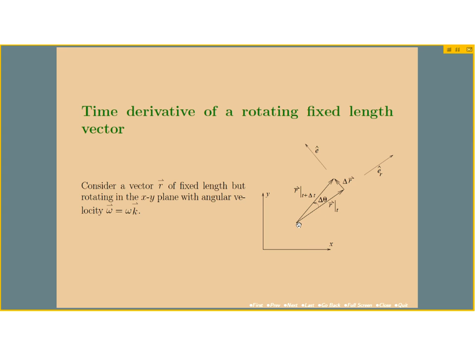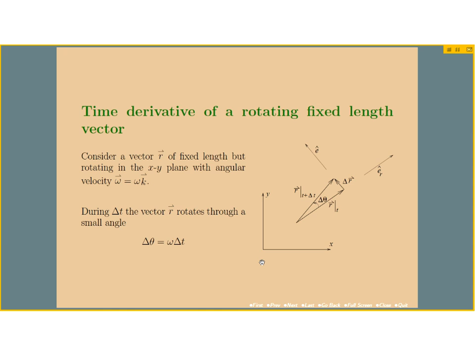Now, this vector R is indicated in this sketch as this vector. You see that there's a bar with a subscript t, indicating that this is the position of the vector R at a certain time point t. Now, this sketch further shows the vector R at a different time point, a small time increment delta t later, indicated by this subscript t plus delta t. And so clearly you can see how this vector is rotating in the xy plane.